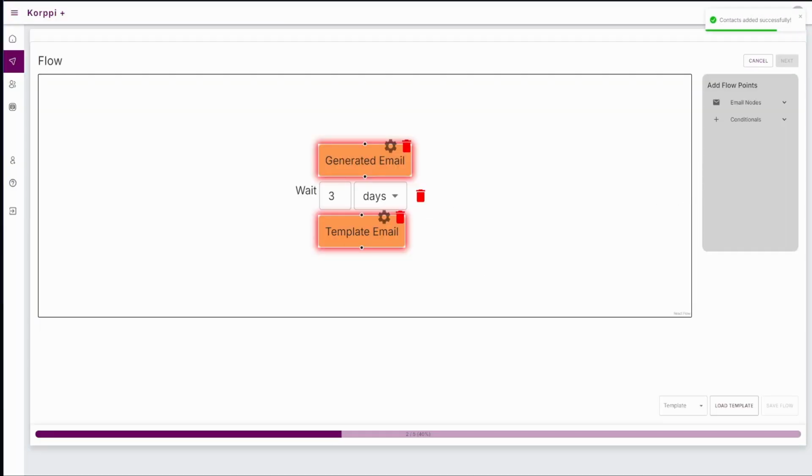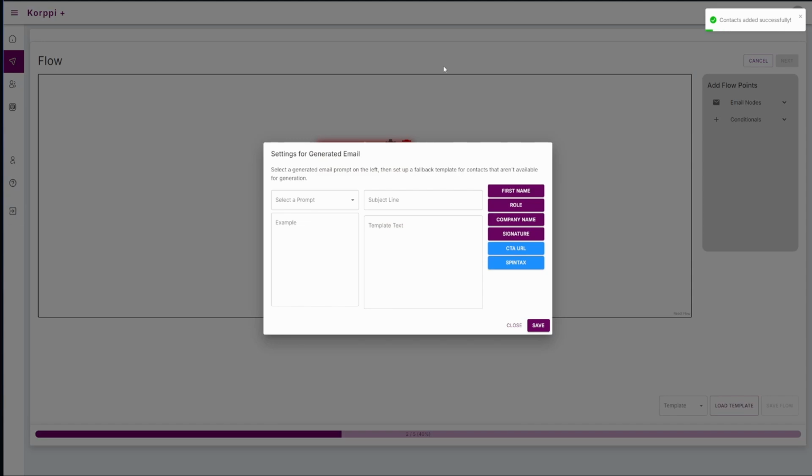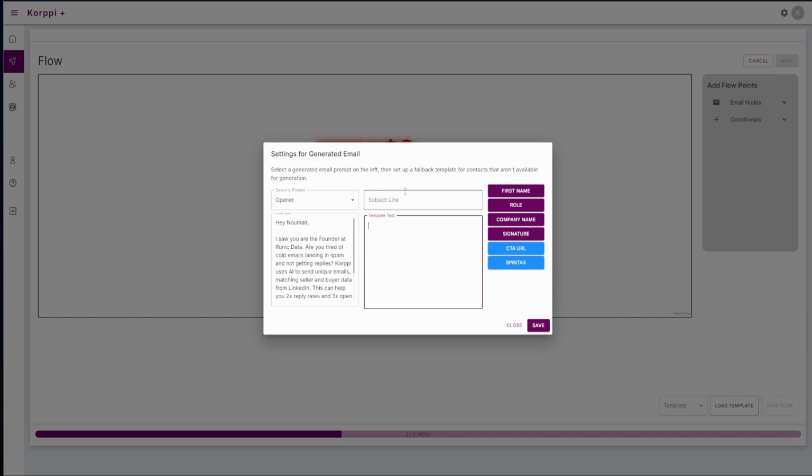Now we move on to the flow, where we can create the steps in the campaign that each prospect will follow. It could be a mix of generated emails and template emails, purely generated or purely template. Let's put something together here. Here in this generated email, we'll take the prompt I made earlier. This will use the prospect's LinkedIn data when actually generating,